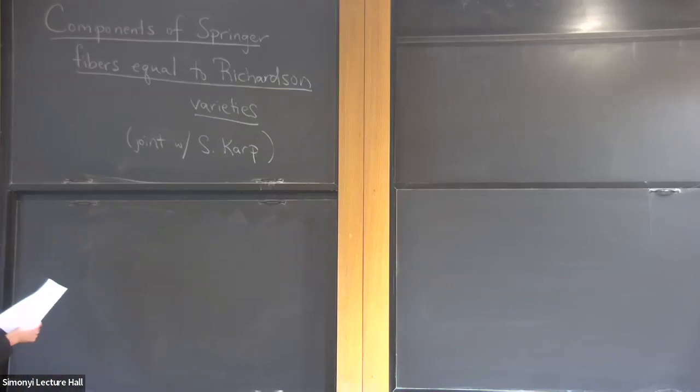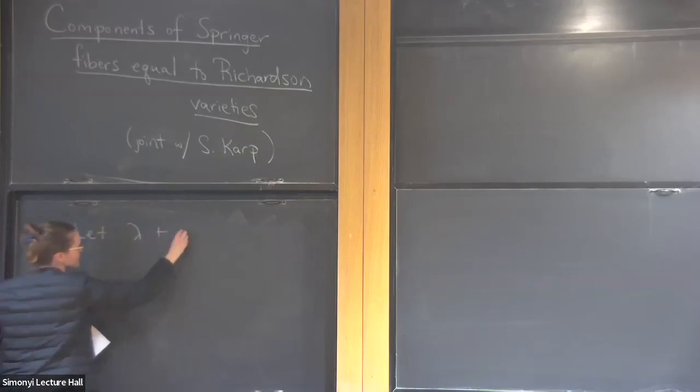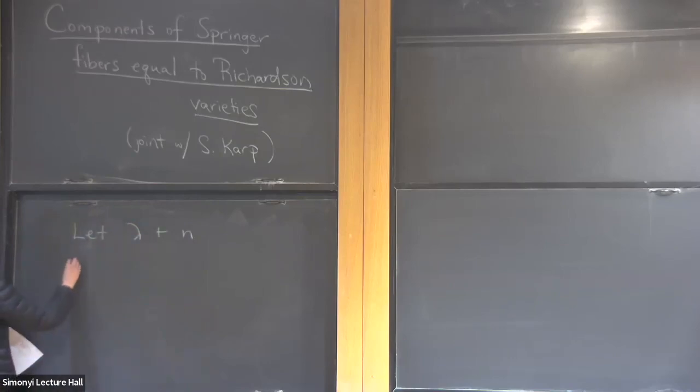All right, so I want to talk about the components of Springer fibers, and nobody has said the word. I don't think we've talked about Springer fibers much so far, so I am going to start by defining them. So let's let lambda be a partition of n, a positive integer, and let's also take capital N to be a nilpotent matrix